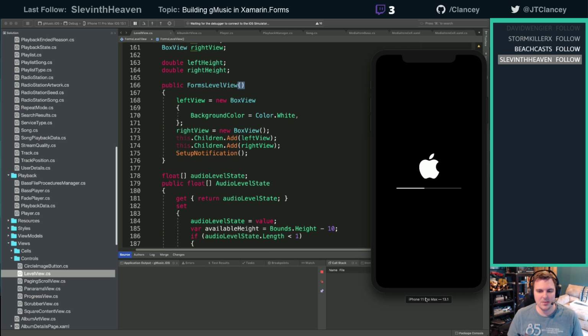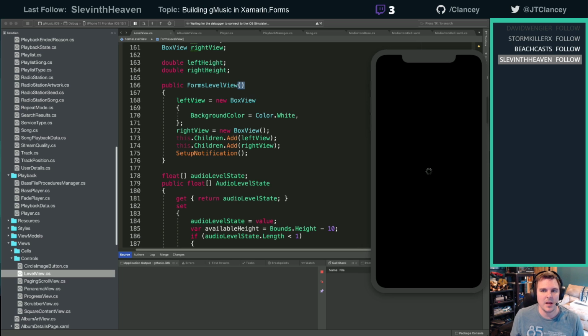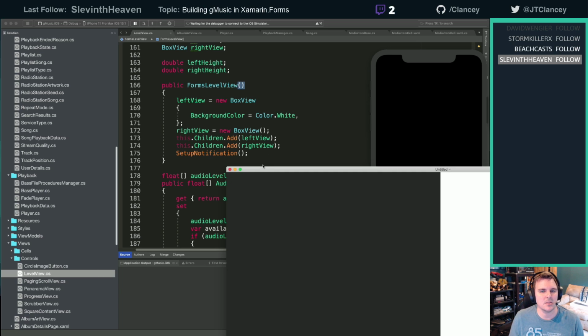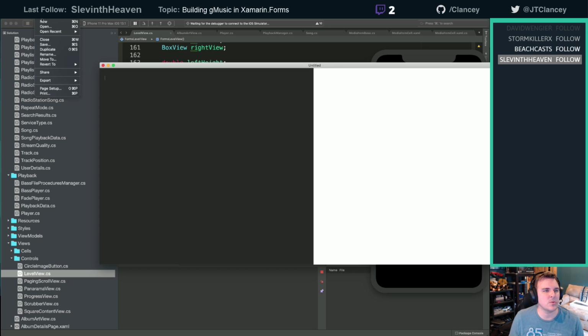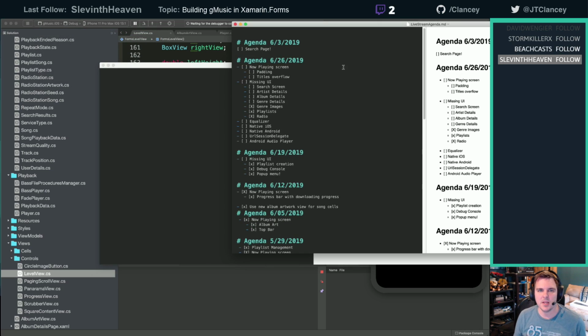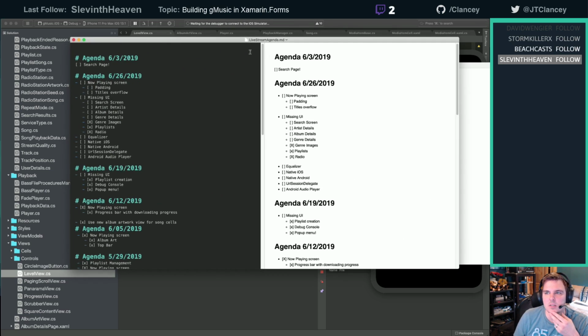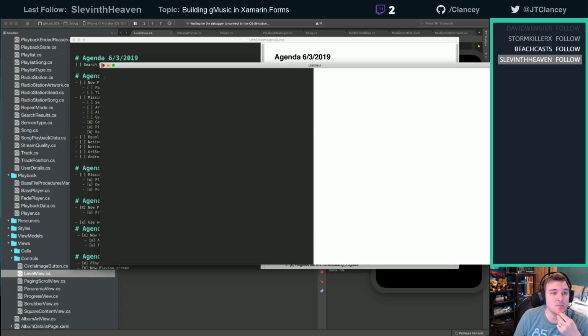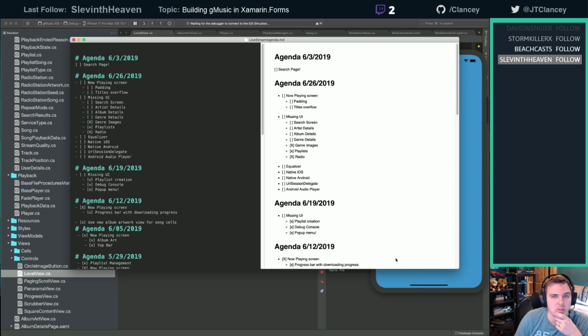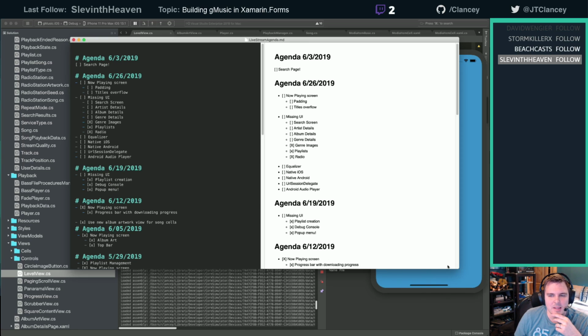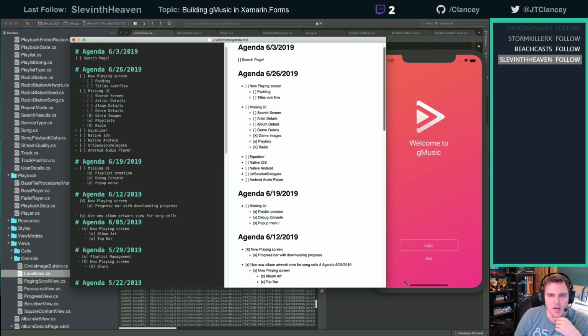So while this is loading, we get to decide what we want to do this week. I actually haven't thought about it yet. So let's bring up some of our old agenda stuff. I stopped following it or stopped updating it, but it has some good ideas of what needs worked on. So if any of you guys have any ideas or if there's anything you want to see, last week we worked on some of the UI for the audio player.